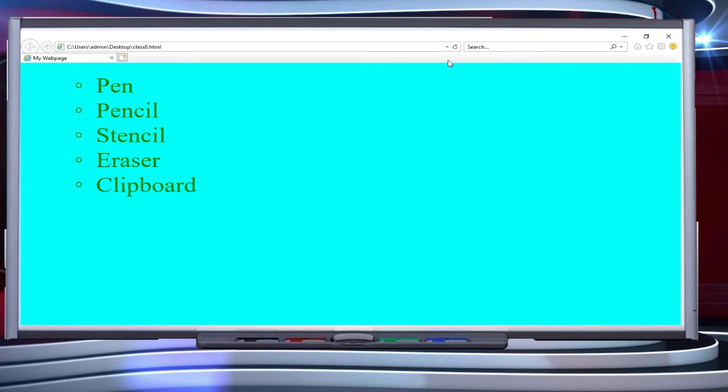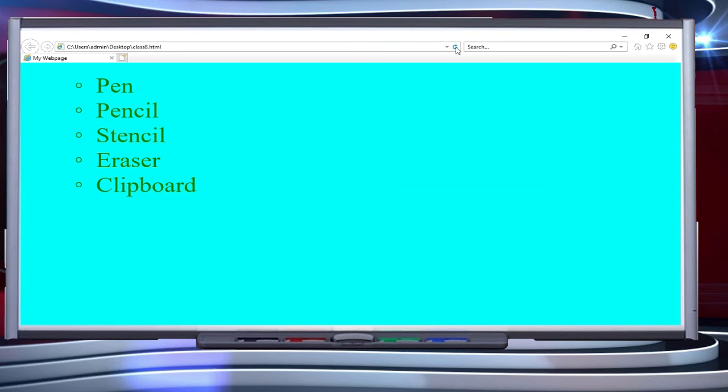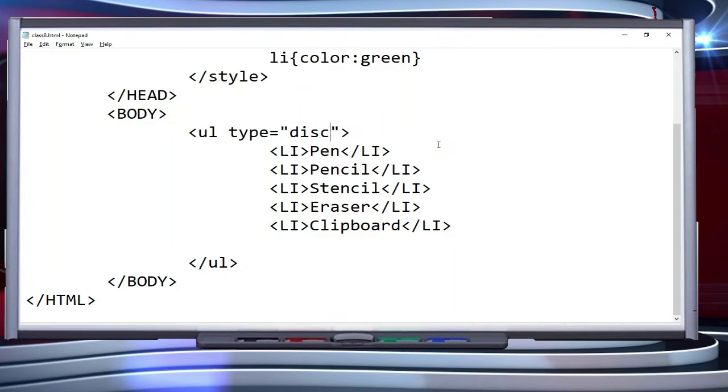You can check here, circle is actually an empty circle, and disk is a solid circle. So problem lies in writing here capital. If you write capital, then it won't be able to identify your code. Even you can encounter that in case you're writing capital, then it won't be accepting your codes.